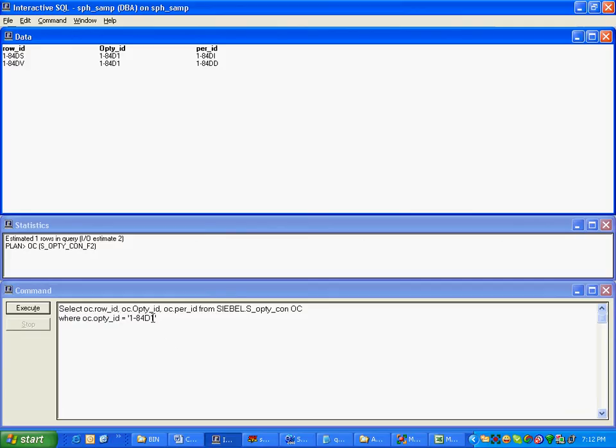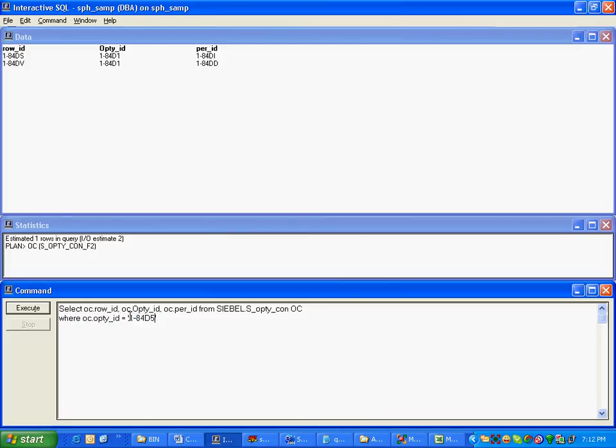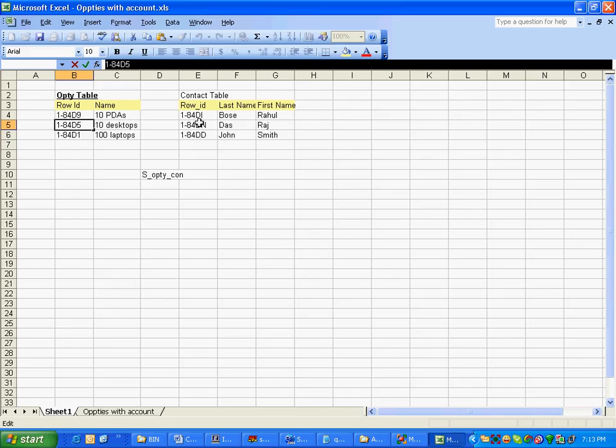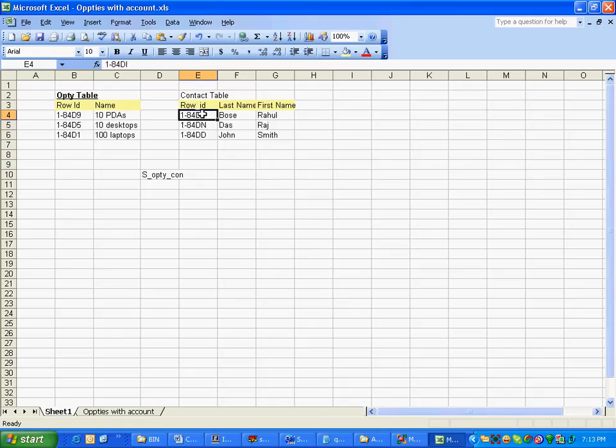I come back. It should have 2 relationships too now, right? 1-84DN, 1-84DI. Let's see. DN is Raju Das, DI is Rahul Bose. So it is reflecting in the database.